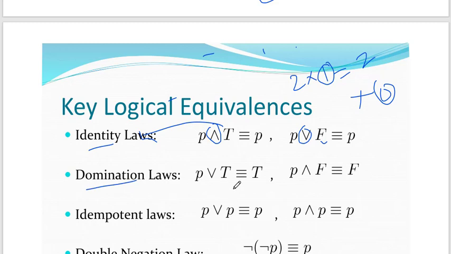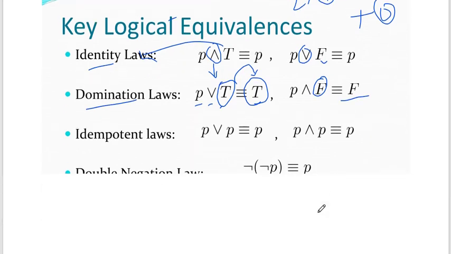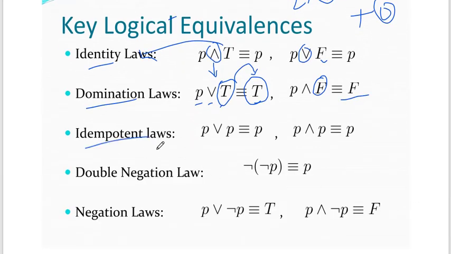Next is the domination law. Same, but it is always true. If P or true, so one of them is always true, so it will become true. If one of them is always false in an AND, then it will become false. So this is the domination law. Idempotent law. Okay,